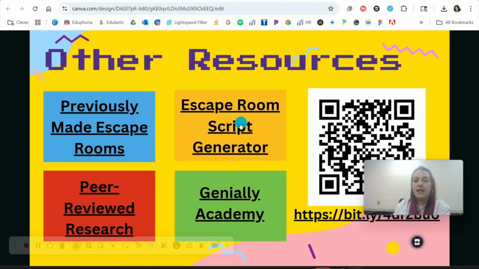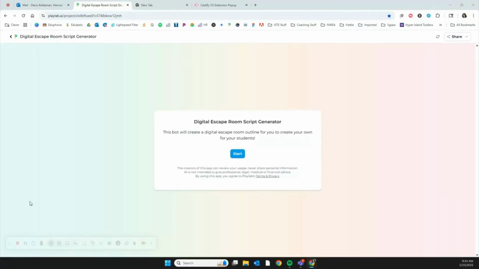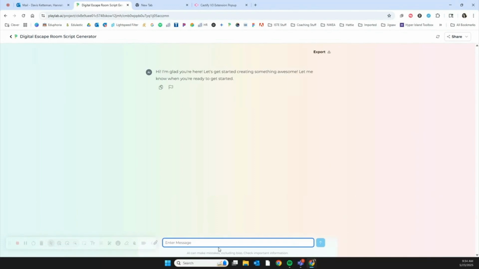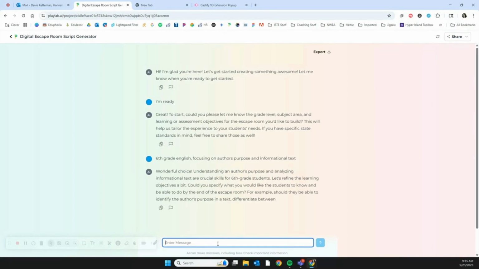The next resource that I have is an escape room generator. So let's talk about how to use the digital escape room script generator. All you have to do is hit start. It's going to ask you if you're ready. And then it's going to ask you for the grade level, the subject area, and for your objectives. So I'm going to say that I am going to do 6th grade English, focusing on author's purpose and informational